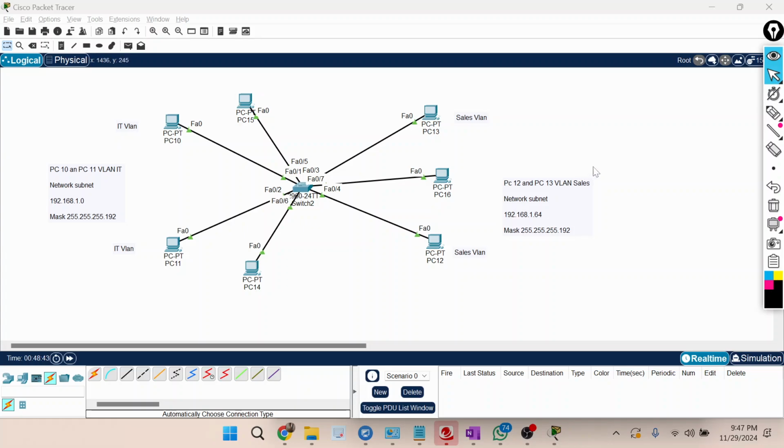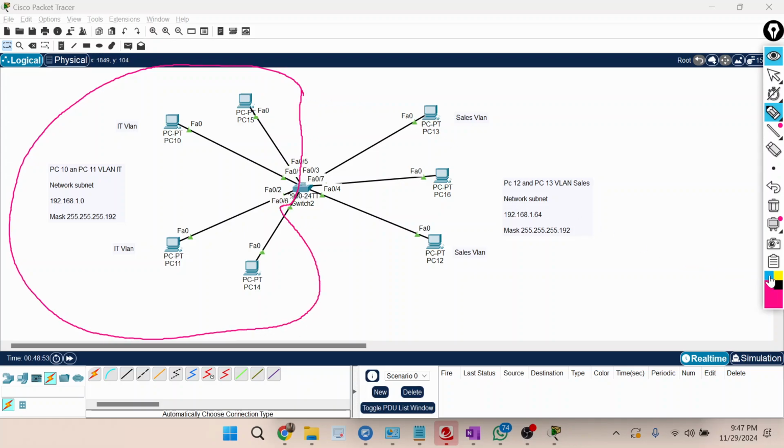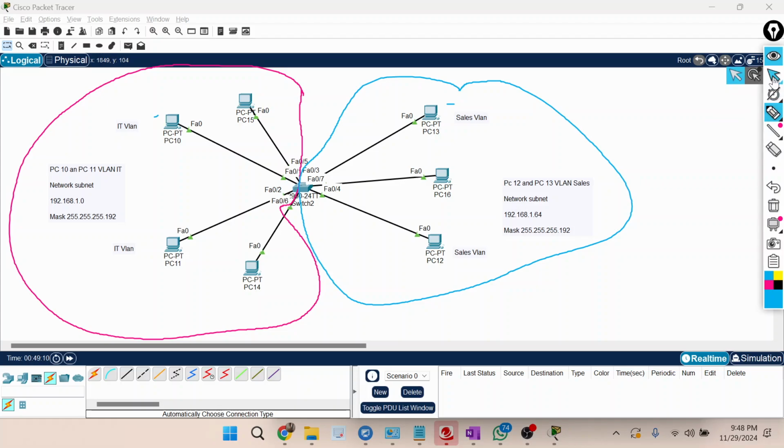Okay. Now what is happening here? What are we trying to do? This is one particular domain now. These PCs are all one domain, and these PCs are part of another domain. Whatever broadcast this particular PC does should be only between these PCs, and when this PC does a broadcast, it should be in its own domain only. Okay. Before that, first I need to configure the VLANs again.